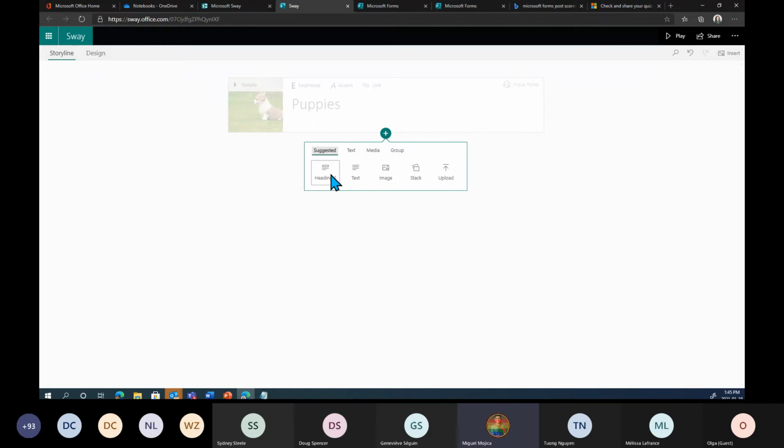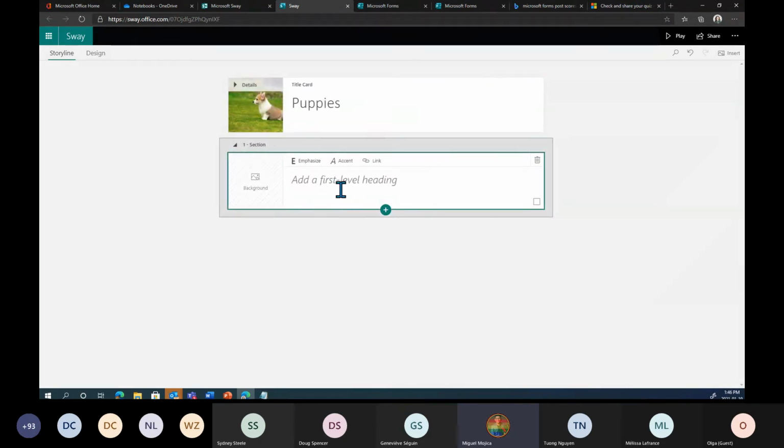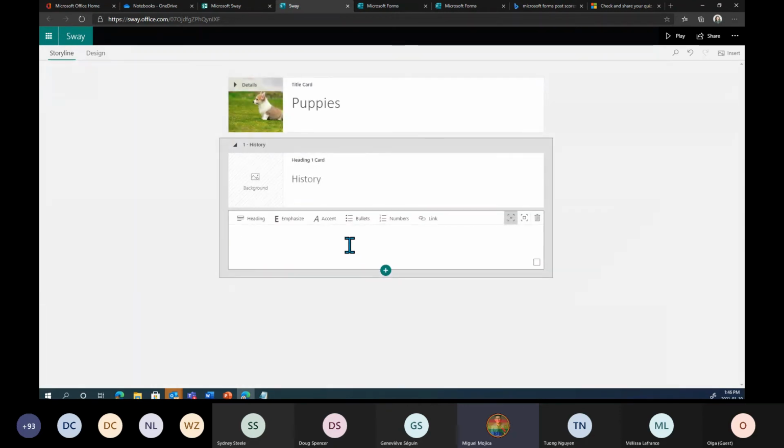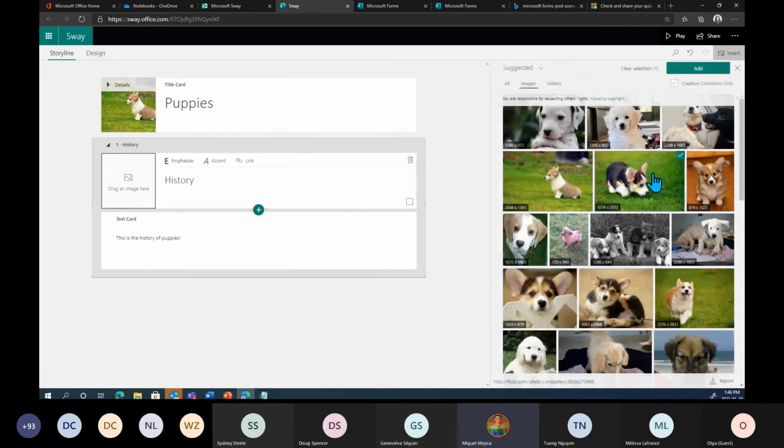Do you want another heading, right? Let's say we'll do a heading first and say, add a first level heading, history, okay? History of them. And from here, you can then put in a section that goes, we're going to be talking about the history of puppies. We can now add text. And now I can say this is the history of puppies, right? And then I can copy paste what I've already written down somewhere in a Word document, for example. And I can just put it in here. And then I can put a background in of this one